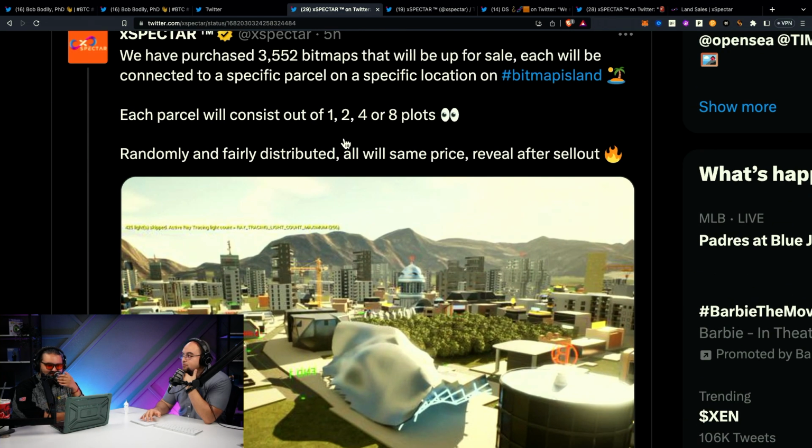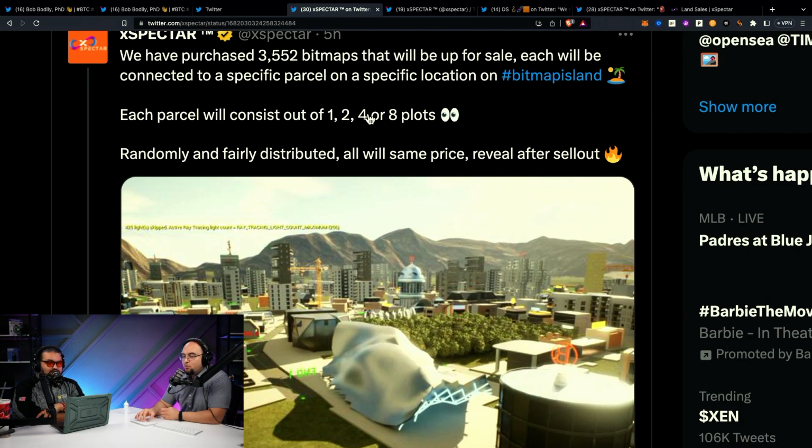Very much PFP-esque, right? You go back to the PFP days, here are these art pieces, they're all unique, buy them, and they're all the same price, like 0.1 ETH or whatever. Then at some point, we have this grand reveal, and everyone's like, yo, this is what I got. It's the same thing, but metaverse style. You find out exactly where you're positioned on this island and how many plots you were randomly assigned.